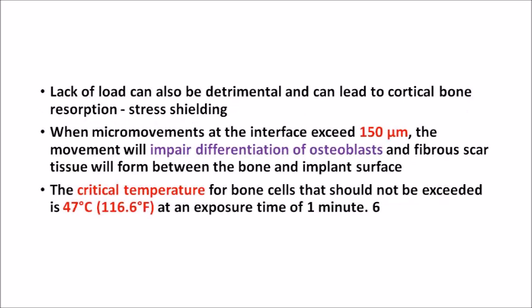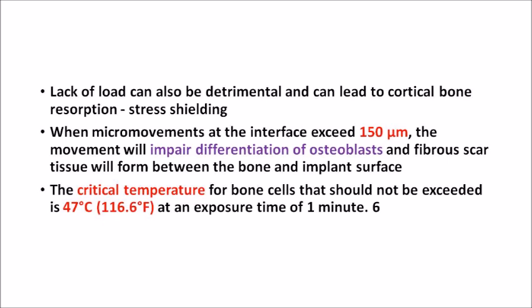So as we all know, after we place an implant into the bone, we have to wait at least 4 to 6 months before we load the implant, or before we give a crown and it starts to be in function. So that is understood. Similarly, lack of loading can also be detrimental to the implant. You are placing an implant and you are not loading it at all. This can lead to cortical bone resorption, and this is known as stress shielding. When you hear the term stress shielding, you may not be able to relate to this concept. Just remember that the stress is shielding the cortical bone. When you are loading it or giving the stress, the cortical bone is shielded. In the absence of stress, the cortical bone will resorb.